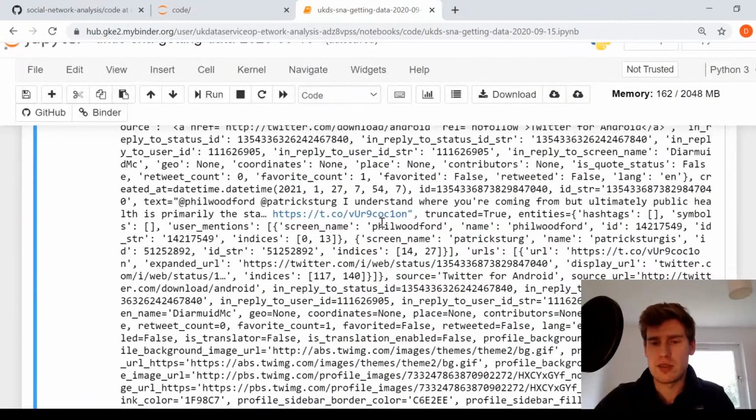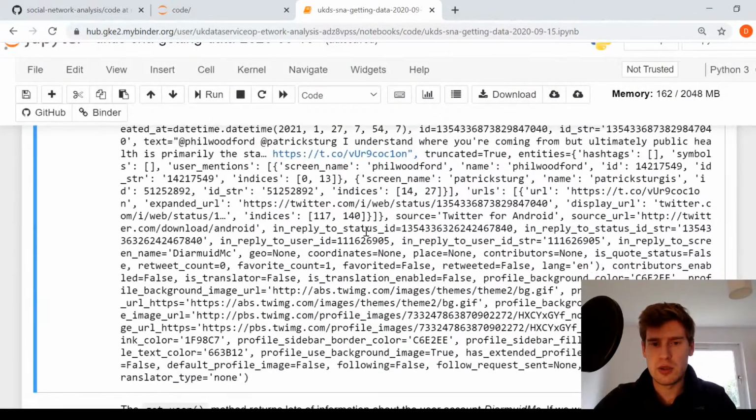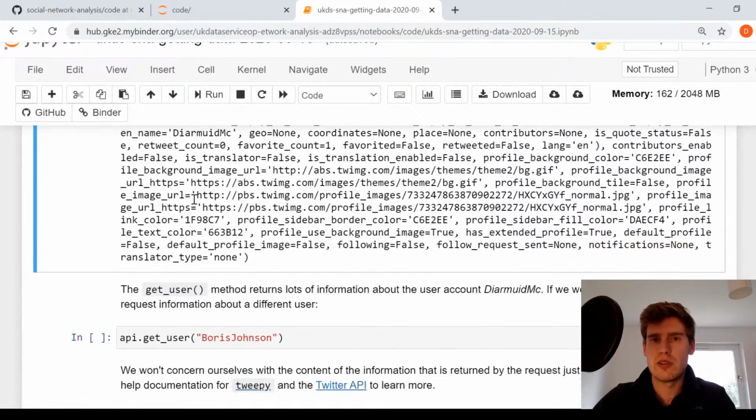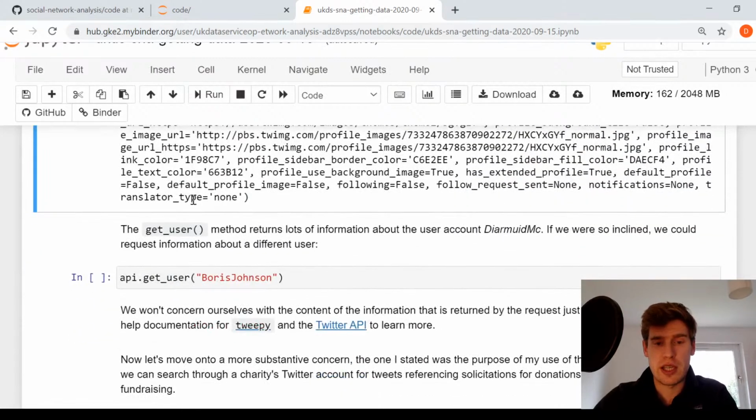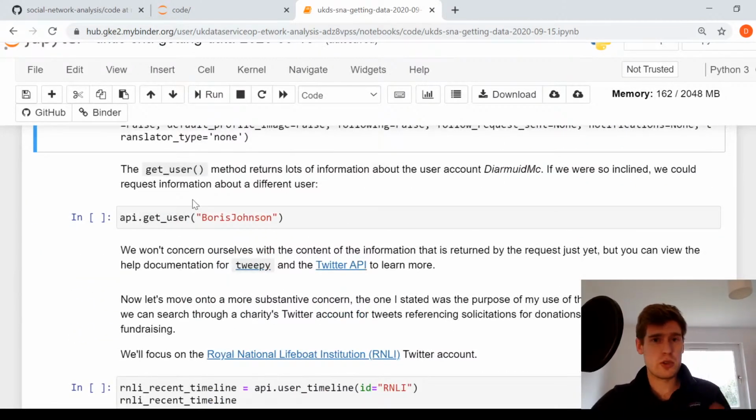Most of it is about my recent tweets, but some of it is quite interesting. Kind of metadata about me as a user, and there's some interesting things about each tweet as well. You can see that I posted from my phone or my laptop, or where I was when I posted it. So there's some quite good information you can get just about users to begin with. As social scientists, or most of you probably are, if you're doing a case study on a given organization, it can be quite good to pull this kind of